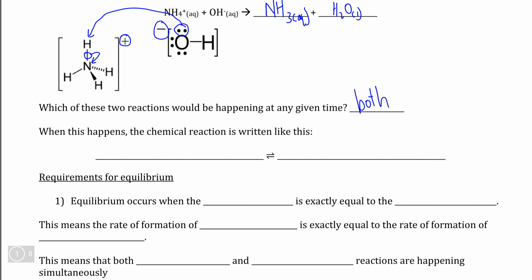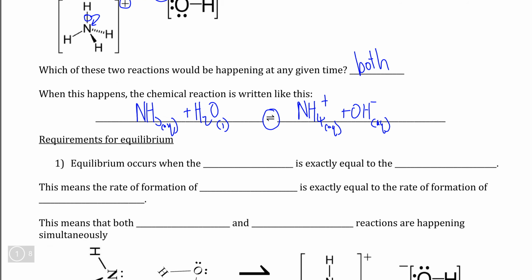That means that we can rewrite this equation with a unique bidirectional set of arrows to show us that NH3 and water are undergoing an ionization to make NH4+ and OH-, but simultaneously the reverse reaction is also happening. This is what we call dynamic equilibrium because both reactions are happening at the same time,